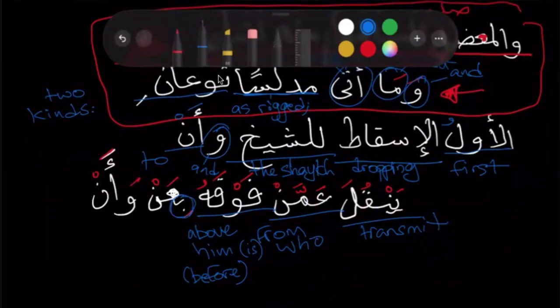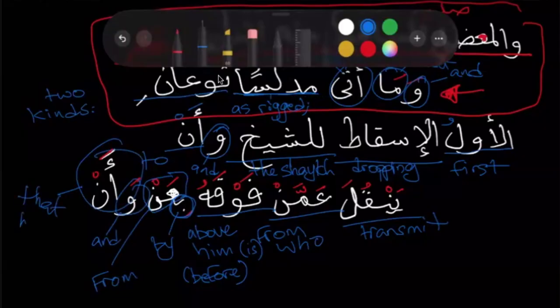So the first kind of rigged report, manipulated report, is deliberately dropping out the sheikh, meaning the one who reported to you, and to transmit from who is above him, meaning who's before him, because you're giving your chain. By, an, from, and that, meaning that he said, meaning you're deliberately dropping out the one who told you the report and attributing it directly to the one before him